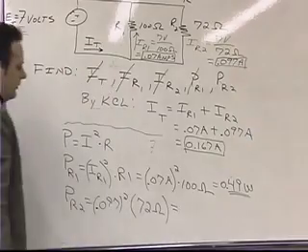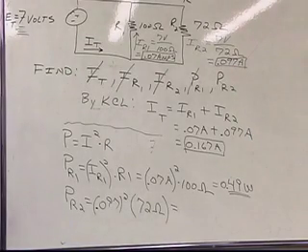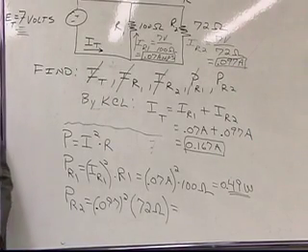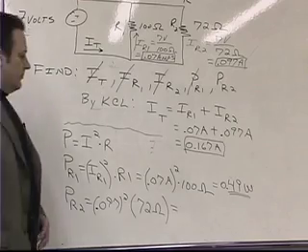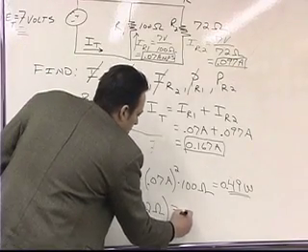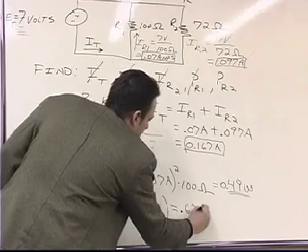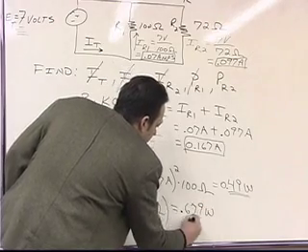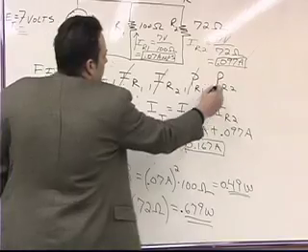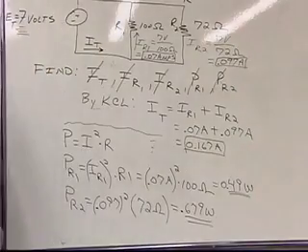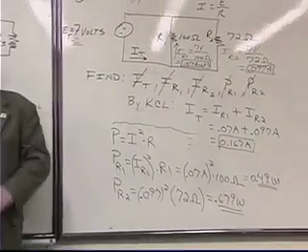So what do I get with 0.097 squared times 72? 0.679 watts. So now I've figured out the last thing I was asked for. Okay. Now,